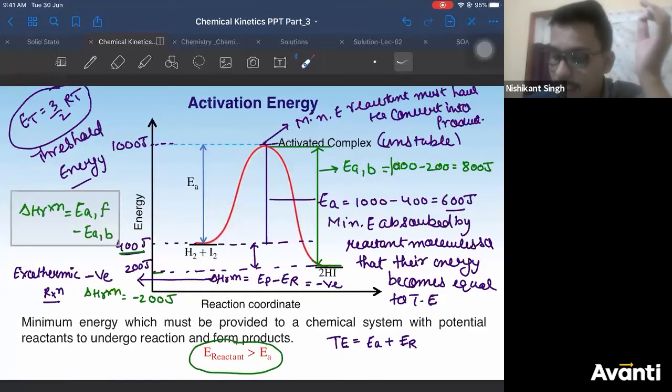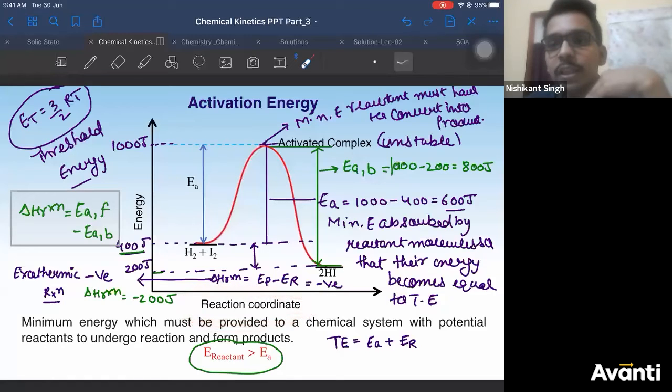Yeah. What is reaction coordinate? Reaction coordinate is with the progress of reaction. As the reaction progresses, you can take time as the reaction coordinate. You can take various factors as the reaction coordinate. Bond energy, bond length, various factors are considered as reaction coordinate. It means as the reaction progresses, which parameters change? Bond length changes, bond energy changes, time changes. So any of those factors can be taken here, right?